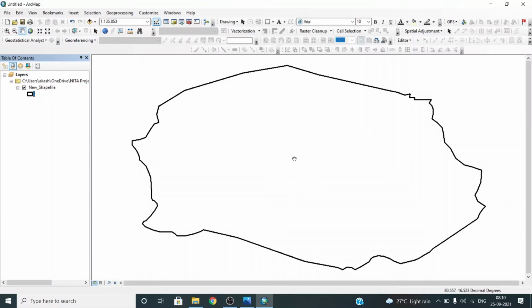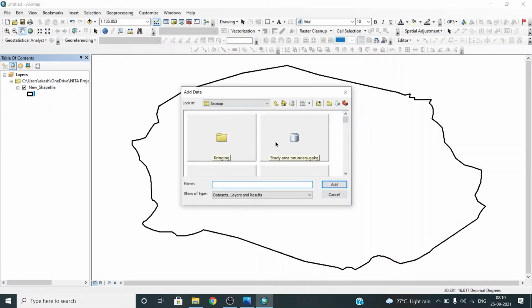Now you have to add the various points that I have shown in your Excel file. So go to Add Data and add the data file that you have saved as a CSV file. Okay, so this is my groundwater table CSV file.